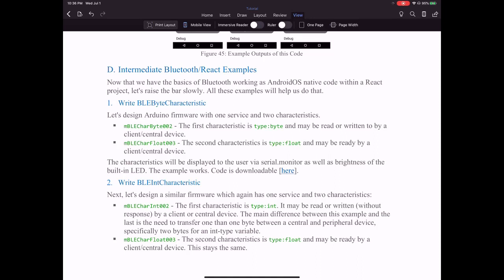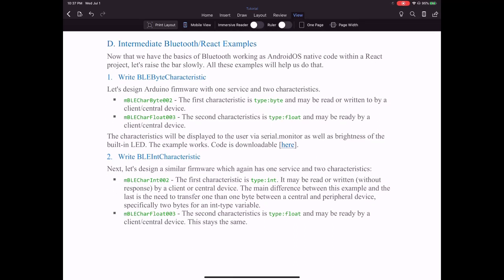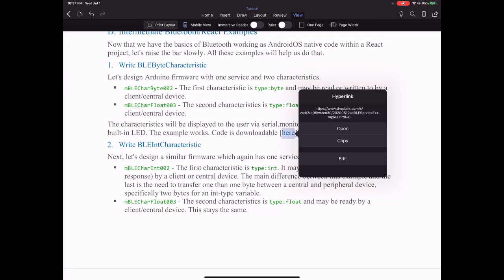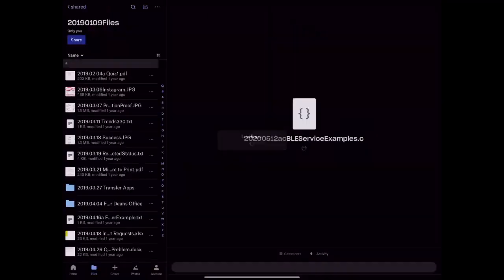So let's design Arduino firmware with one service and two characteristics. mBLE char byte 2, so this is a Bluetooth characteristic of type byte, and it may be read or written to by a client or central device. And then we have a float type characteristic, and it may be read only by the central device. The characteristics will be displayed to the user via serial monitor from the Arduino, as well as brightness in the built-in LED. Unfortunately, you won't be able to see that, but the code we can see is available here. So this is the firmware